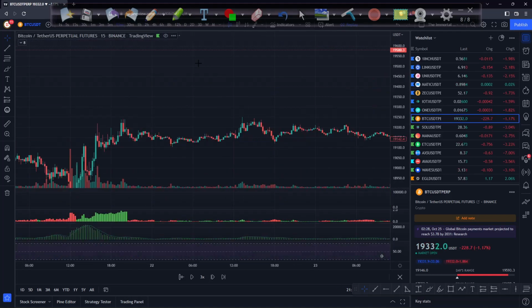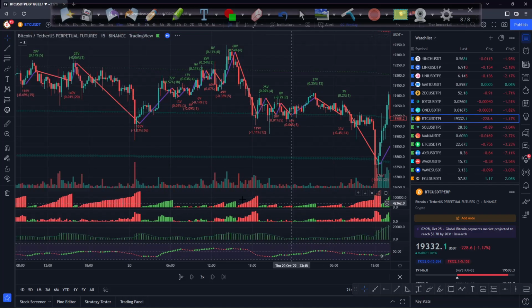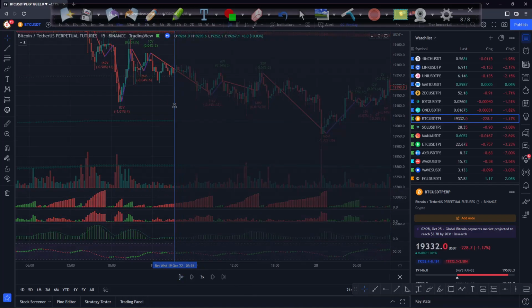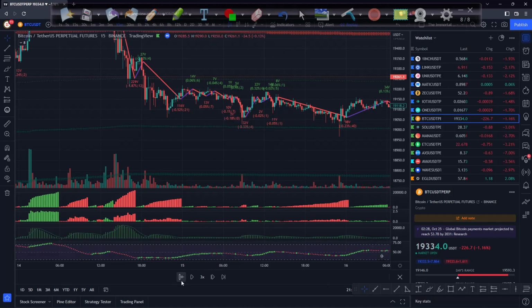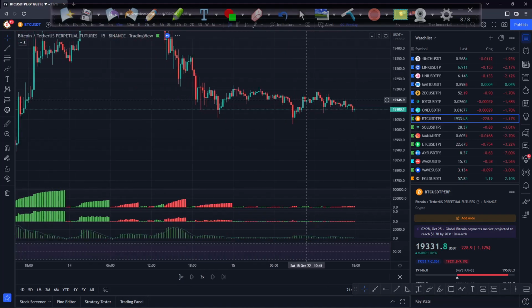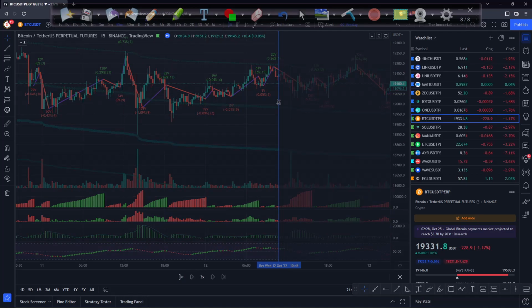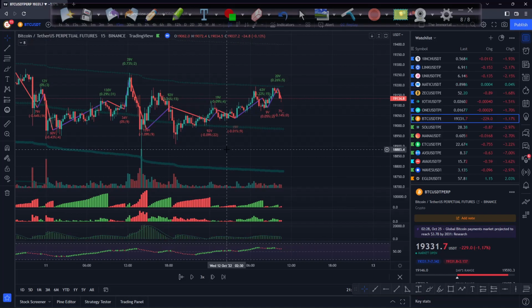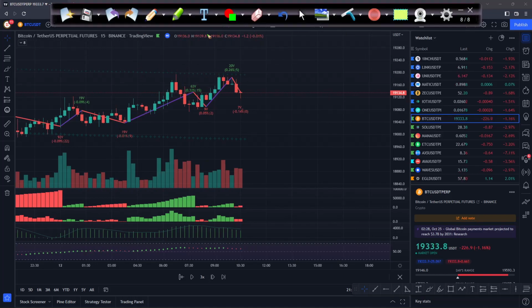So let's look at the 15 minutes chart, and we can see the same story over here as well. Let's go ahead and do some analysis. Okay, let's go till this point and see what's going to happen from here. We are using a VWAP methodology here, and we have this VWAP line, monthly VWAP,